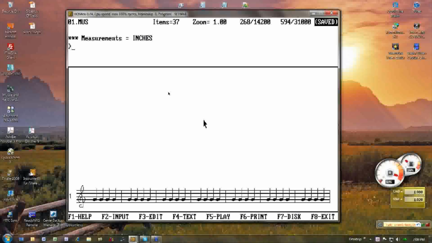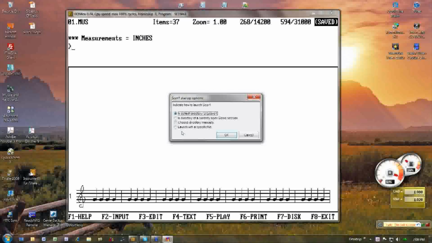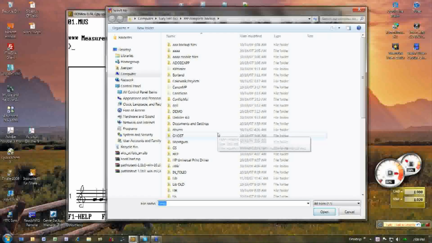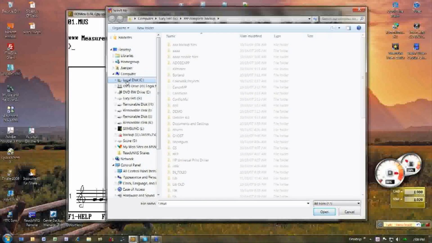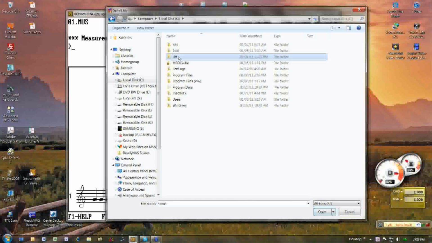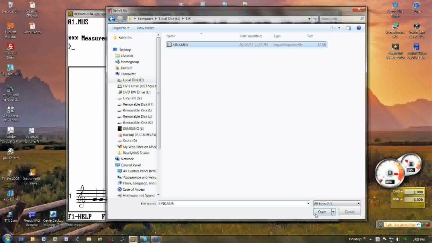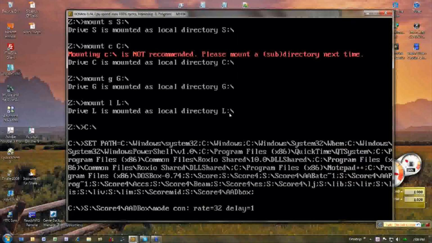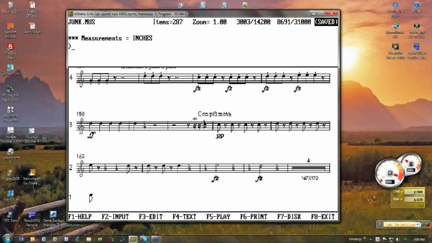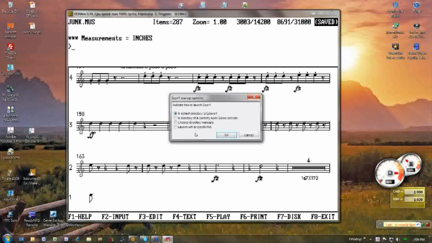Okay, I'll just keep doing this a few times. I'm going to open a specific file from my C drive. I usually work on an S drive, but I also have a C drive. Here's my C drive. I have one file, I think, in my lib directory. I call that junk.muse. Opening that. And I'm going to open one more session and launch with a specific file, this time on my